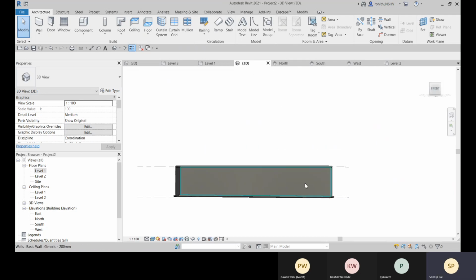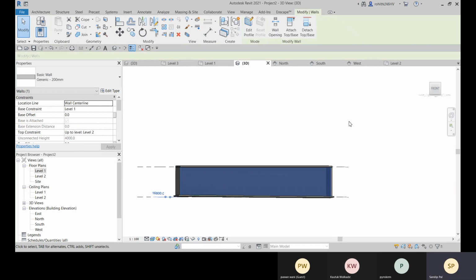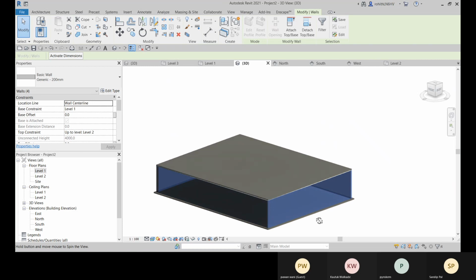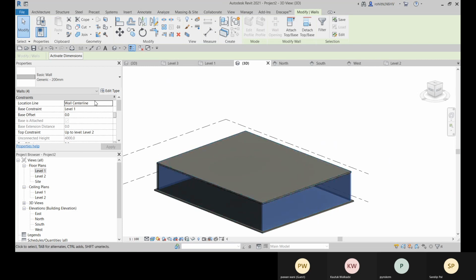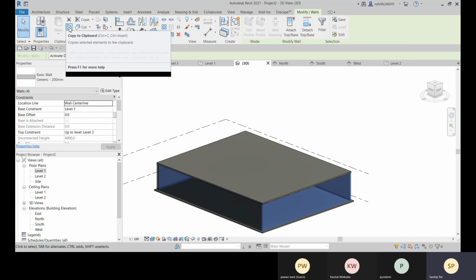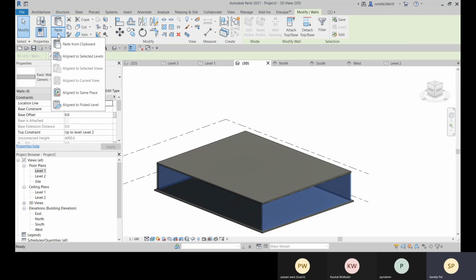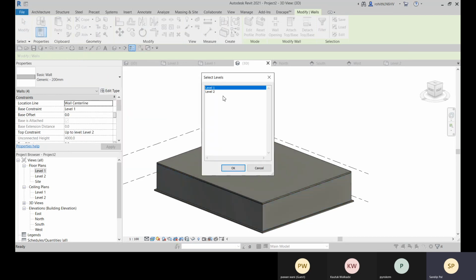What you can do is just select all these walls. Then here within this modify option, you have this copy to clipboard. You can simply type Control C also. And after that, we have this paste option. Click on the drop down arrow of this, and here we have this align to selected levels, so that you can paste it to the selected levels.